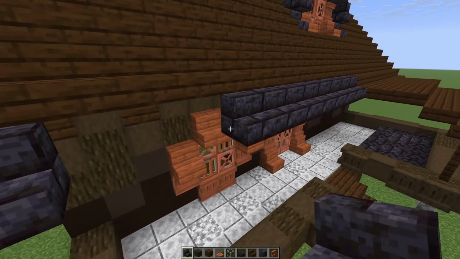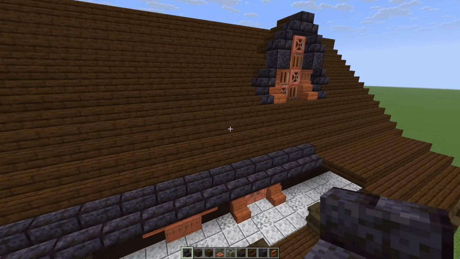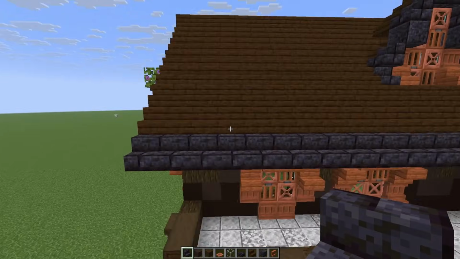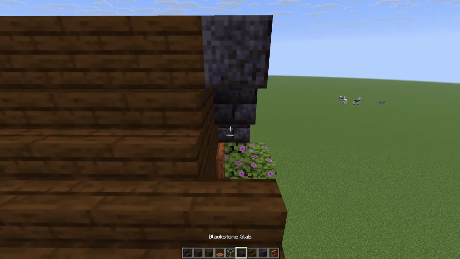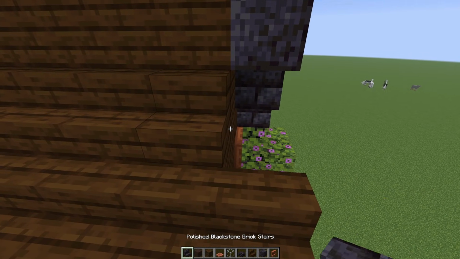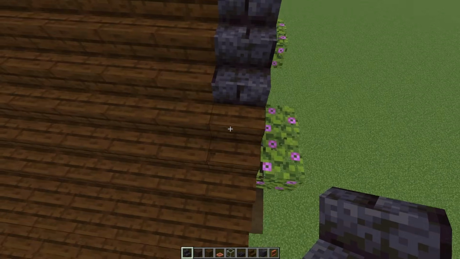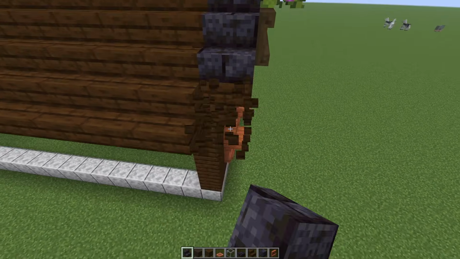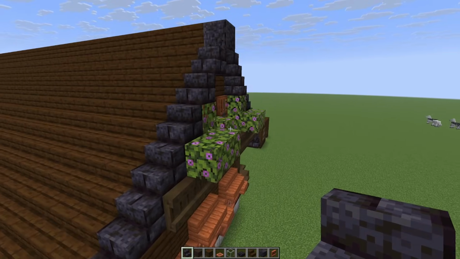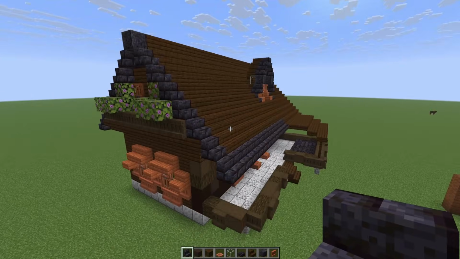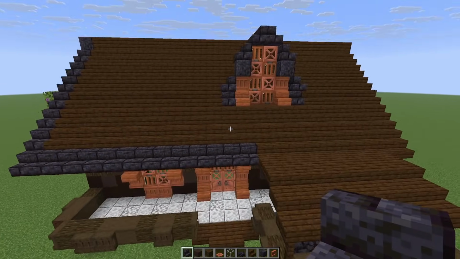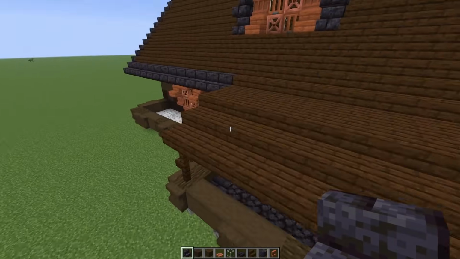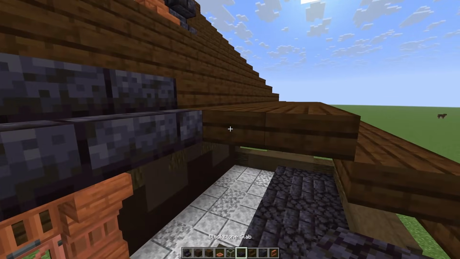I also am going to need to use a few slabs to try and make the roof less uniform, give it a more interesting shape. Because when you're dealing with this big of a scale, it's very easy for it to get super monotonous. Although I do think just the trim is doing a lot right now. So maybe it won't be super necessary.